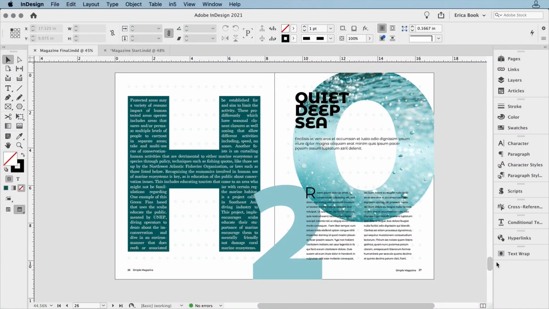Just because everything in InDesign needs to be contained within a frame doesn't mean that that frame has to be a boring rectangle. I'm Erica Gamet, a speaker, writer, trainer, and InDesign enthusiast. Let me show you how to have a little fun with your text by placing it into a frame made